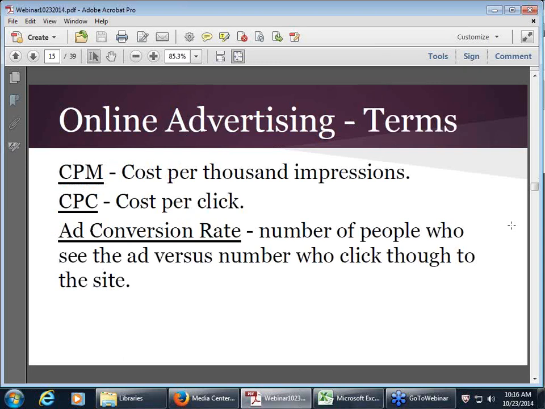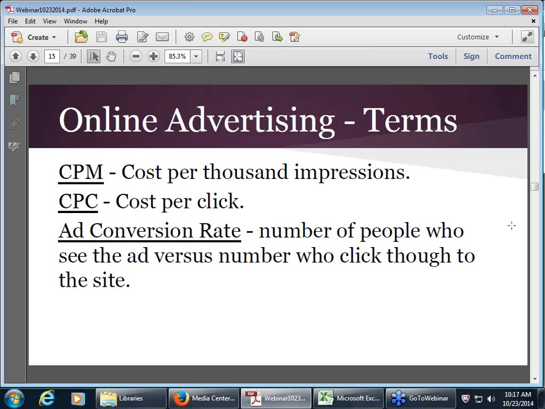Online advertisers, the model has been on a bidding process. So when you want to advertise on Google, when you want to advertise on Facebook, Yahoo, or any one of the other search engines, or even be put up into a display network, which means your ad gets sent out to a multitude of sites that are thematically similar to your product or service, everything is done on a bidding basis. So what that means is that when you create the ad, you put in the most amount of money that you're looking to spend on somebody either seeing that ad or clicking on that ad.